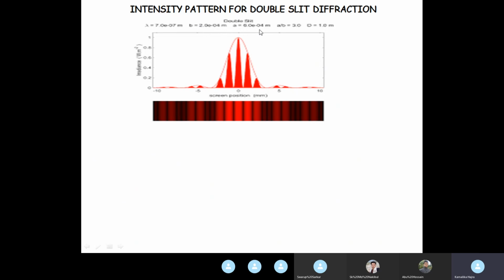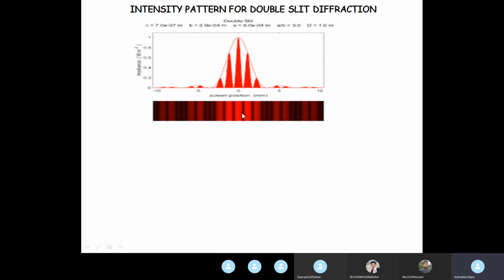A is 6, I think it's 6 or 5 into 10 to the power minus 4 meter. Capital D is 1 meter, that is the distance between the screen and the slits, and A by B is 3, so that these are the missing orders, and you see this is the central maxima where the interference fringes,